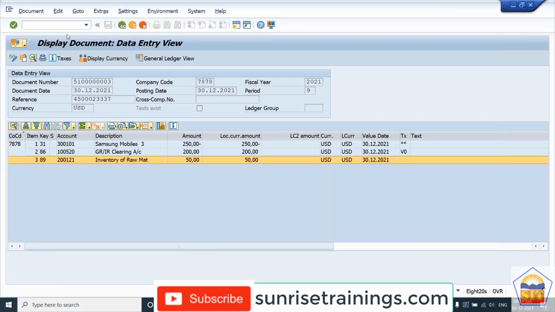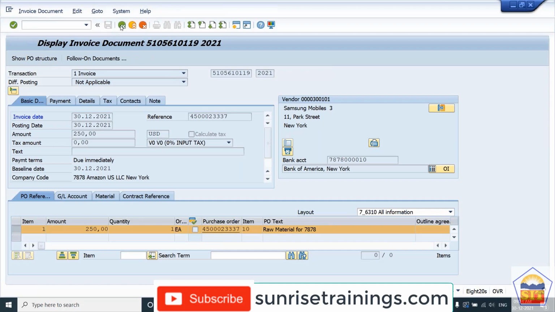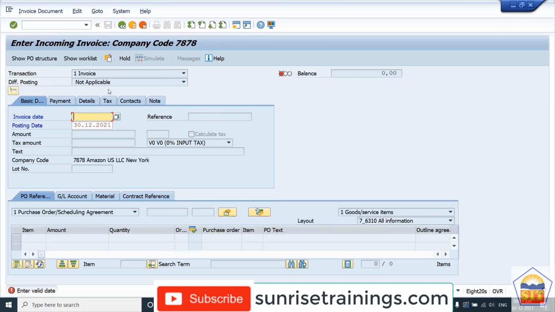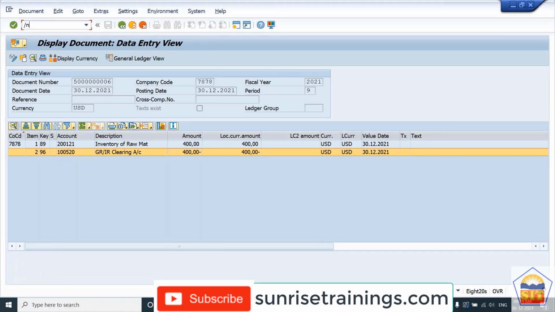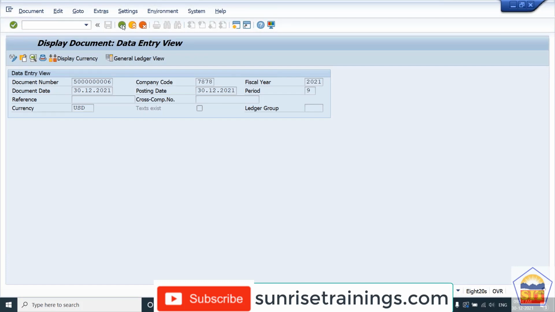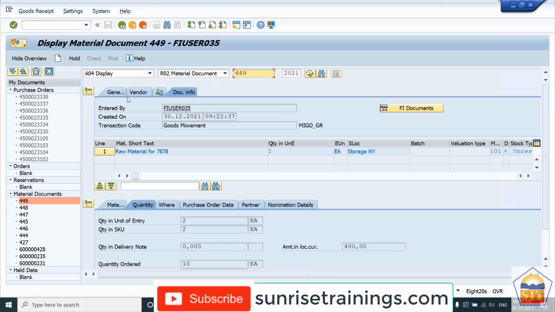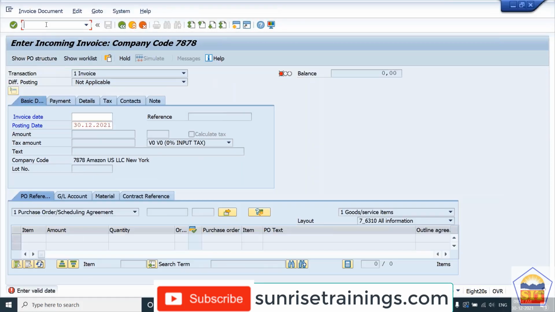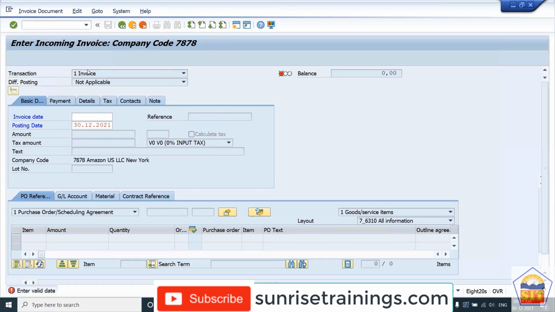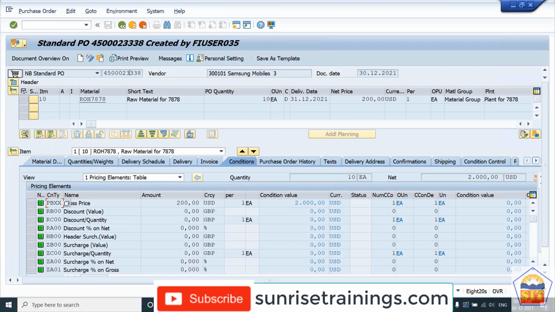So this information you can also view from your purchase order. It will have the update. You go back. This is the invoice. Actually, here I will take you to the purchase order. So we have purchase order number as we need to go back. So we can just go to the PO display ME23N, and then this is your last purchase order number 38.